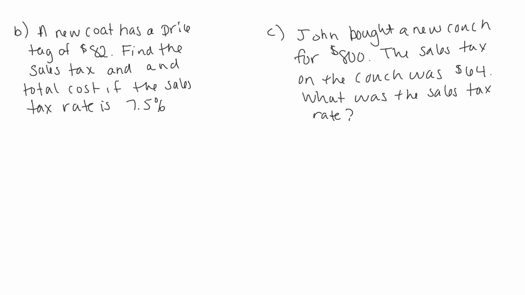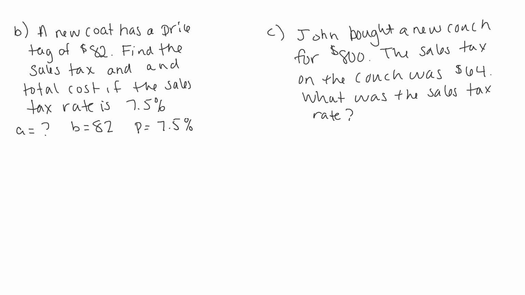Okay, so now we have a new coat that has a price tag of $82. Find the sales tax and the total cost if the sales tax rate is 7.5%. This is really just like the previous problem. The amount is the sales tax, and we don't know what that is. The base is the sticker price of the coat, so it has a price tag of $82. So that's our base. And the percent is going to be